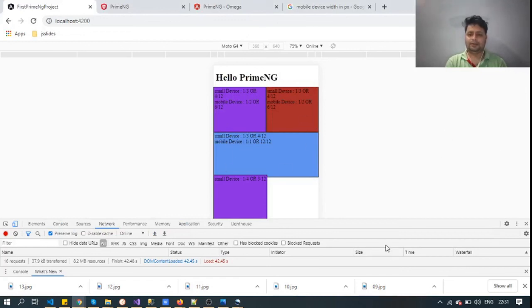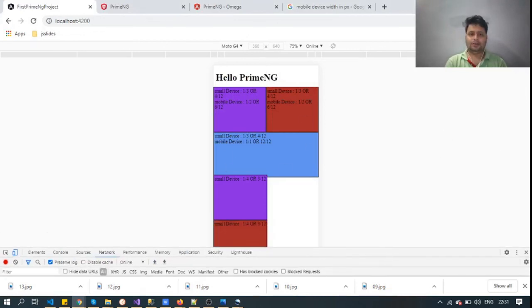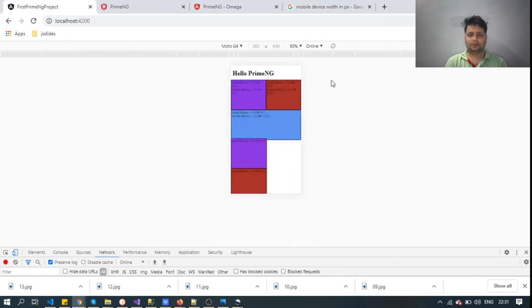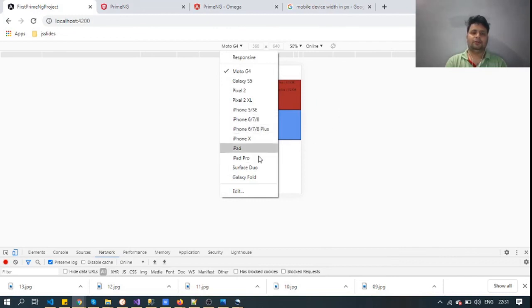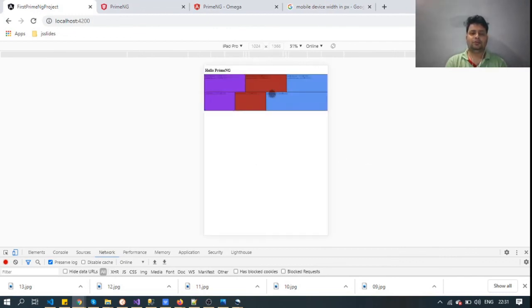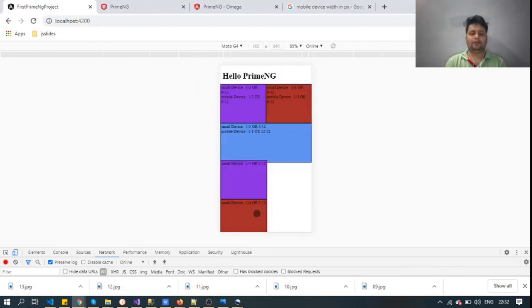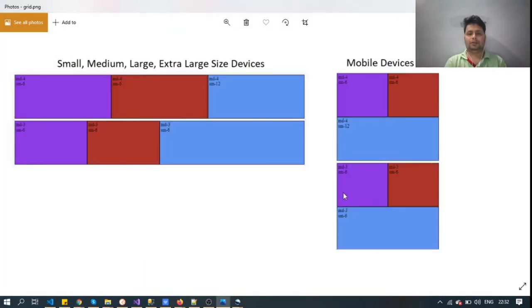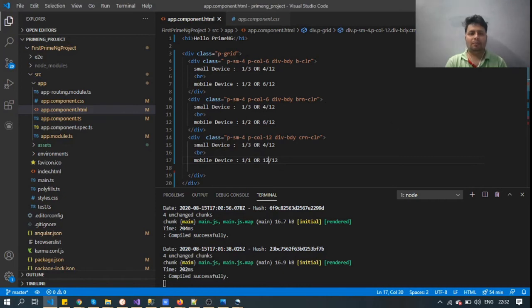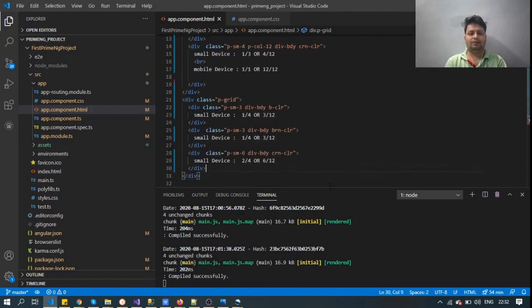Okay, so you can see the row looks totally different. The first row is ready. Now we will move to the second row. So for the mobile devices it looks like that, and for devices larger than mobile it looks like before, as we have created, right? So now we have to focus on the second row. If you see the example, the second row looks just like the first row. So just copy and paste the same classes in the second row as well.